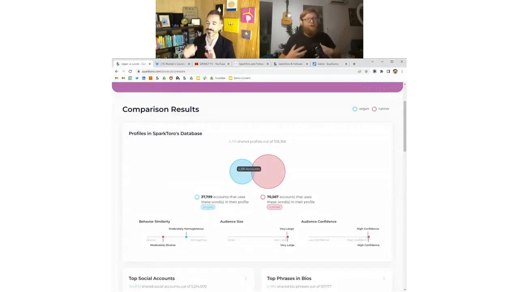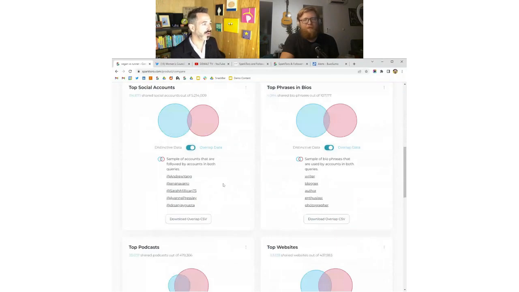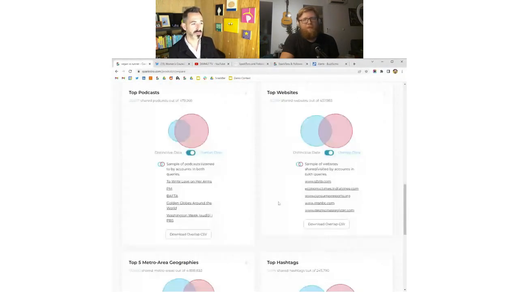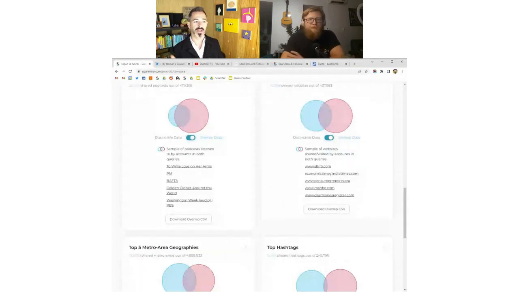And yeah, you can tie it back to your product or your cooking stuff that cooks the food, right? If you're selling some sort of energy bar that is both vegan and good fuel for runners, maybe that's your target, right? And you want to look at, okay, show me the overlap. Oh, what do they follow? Okay, I want to check out these accounts. I want to think about these bios. I want to think about these websites, right?